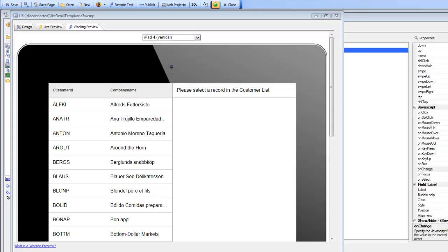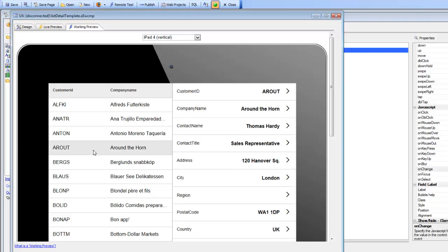In this video we show how you can take the concept shown in the previous video a little bit further and display a message in the right hand list when no record on the left hand list has been selected. So you can see here that there's no active row on the left hand list, and so we have this message here that says please select a customer. And then when we click a customer, then we actually get to see the detail.